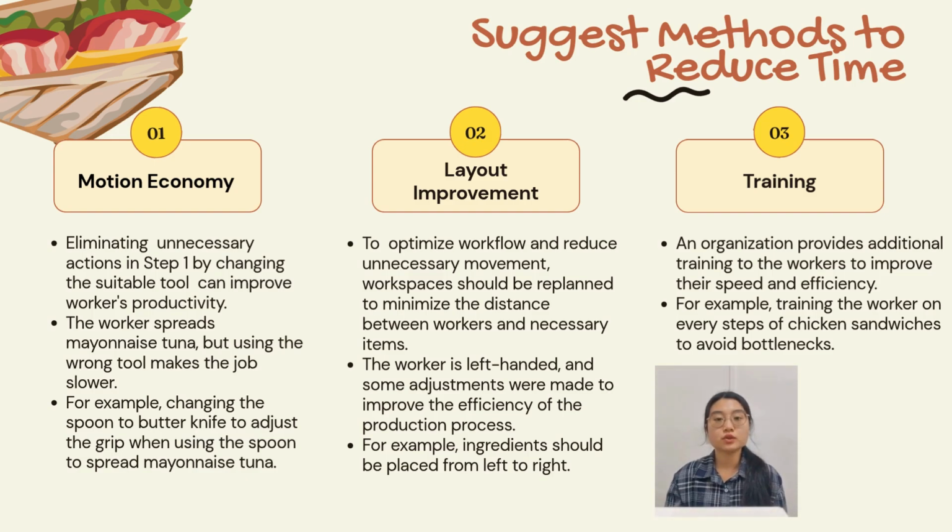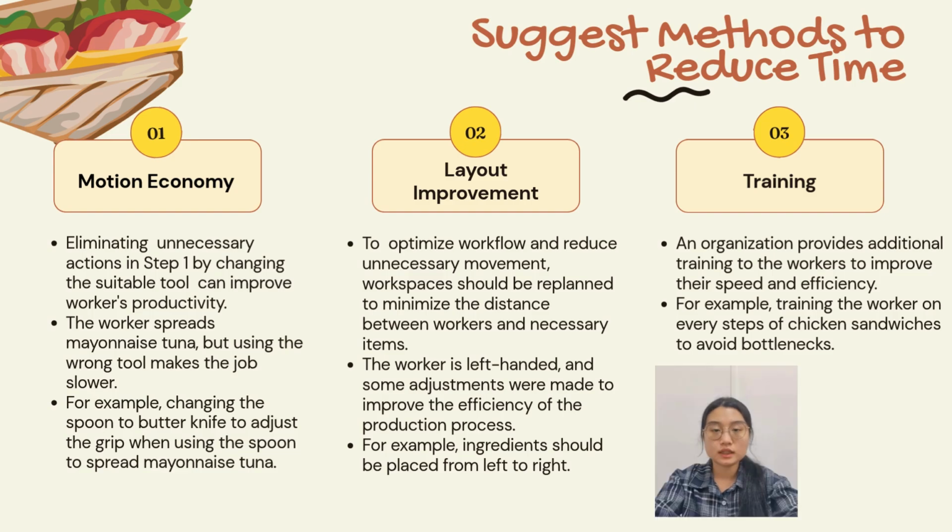Secondly, layout improvement. To optimize workflow and reduce unnecessary movement, the workplace should be replanned to minimize the distance between the worker and necessary items. This can be achieved by strategically arranging ingredients and tools in an ergonomic, logical order that matches the order of operation. The worker is left-handed, and some adjustments were made for the worker's comfort to improve the efficiency of the production process. For example, when making a chicken sandwich, ingredients such as toast, mayonnaise, tuna, and lettuce should be placed from left